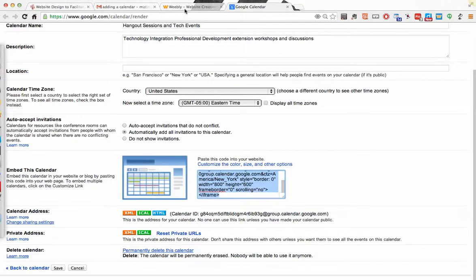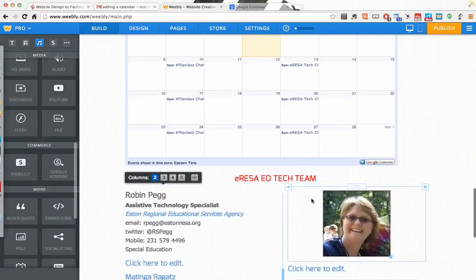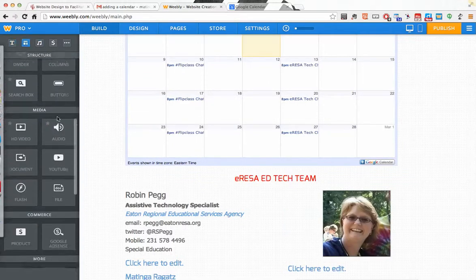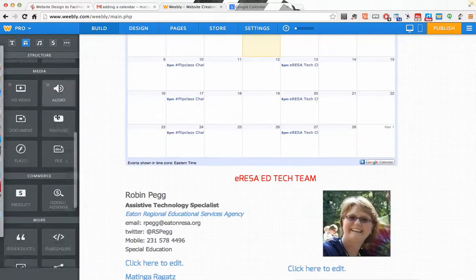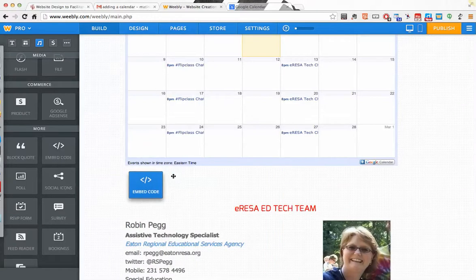Then I'm going to go over to my Weebly website. On my Weebly website, you can see that I've already added a calendar, but I'm going to add another one so you can see how it works. The first thing I'm going to do is go to my left-hand menu here and find the Embed Code option. Click on that, drag it to where I want it,